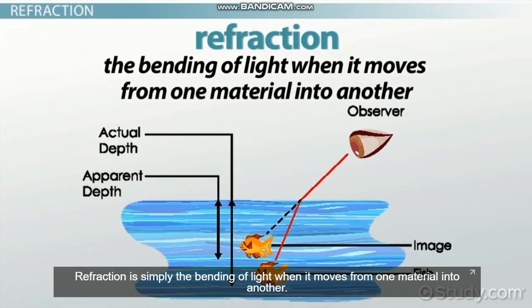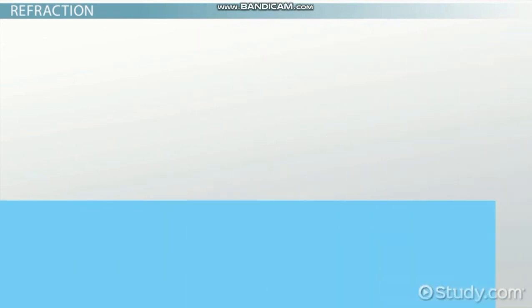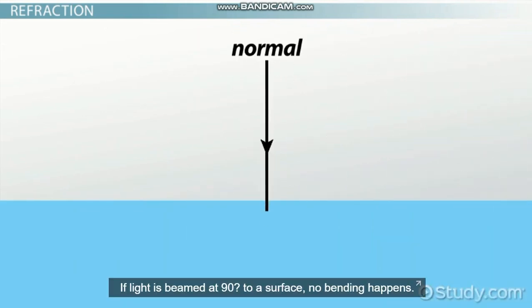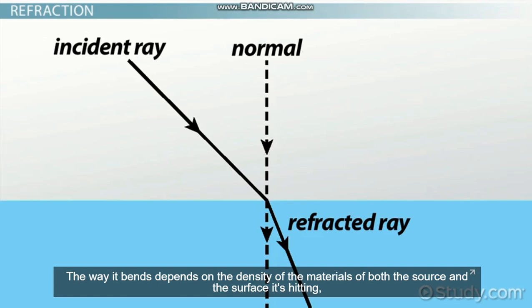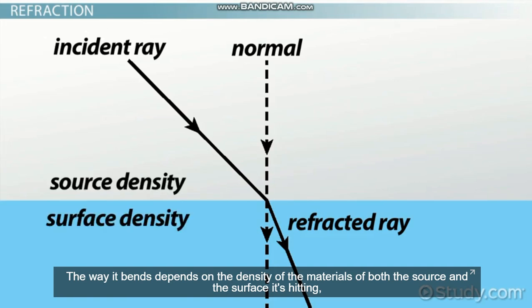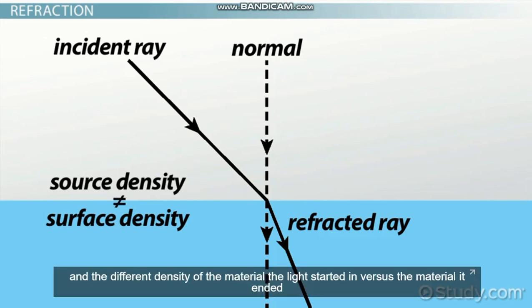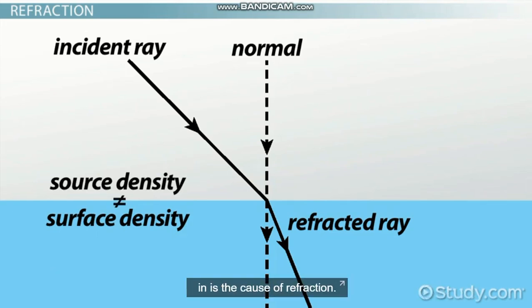Refraction is simply the bending of light when it moves from one material into another. If light is beamed at 90 degrees to a surface, no bending happens. But if you shine the light at an angle, it will bend one way or another. The way it bends depends on the density of the materials of both the source and the surface it's hitting, and the different density of the material the light started in versus the material it ended in is the cause